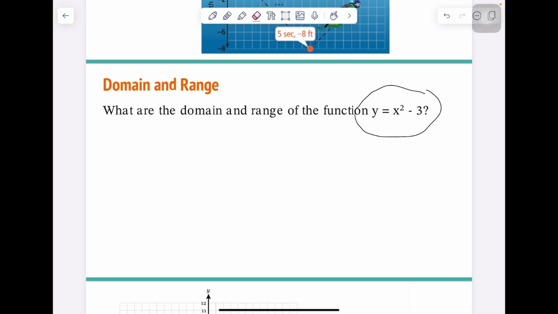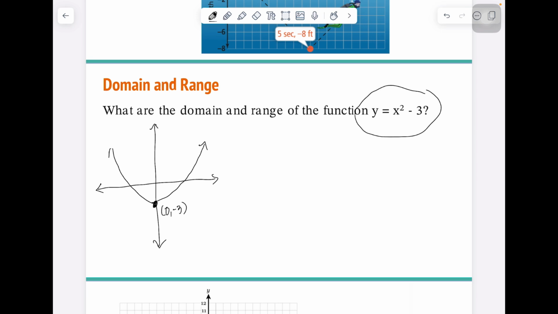So if we go back there, say that's the 0, negative 3, and the graph is going there, right? Again, this is a parabola. It widens as it goes up. So that means it covers all x's in the graph. All right. So that means your domain